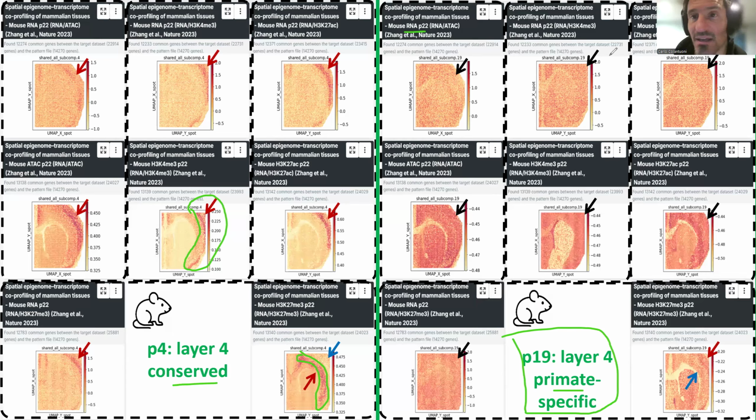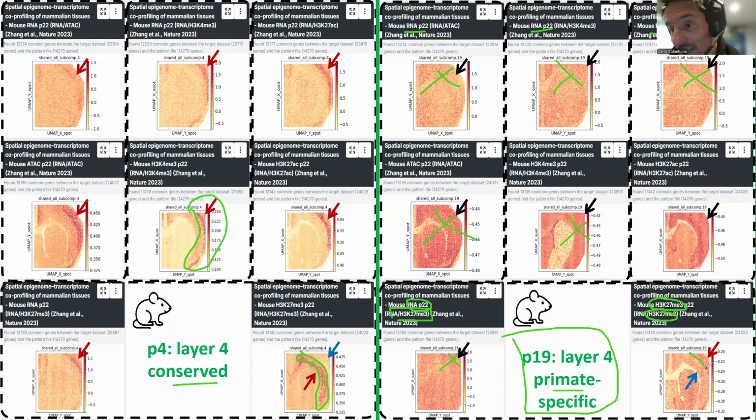So in the RNA-seq, in all of these experiments, no matter what they were coupled with, there's no specific signature in the cortex, as we would expect. That's how we got here. We saw it was not in the cortex of the mouse. Similarly, in ATAC, there's no specific layer signature. H3K4 trimethyl, no specific signature. But now the H3K27 trimethyl signature is quite interesting. So this is the RNA from that experiment, no signal. Here is the H3K27 from that coupled RNA sequencing and H3K27 signature. Here's where it gets interesting.